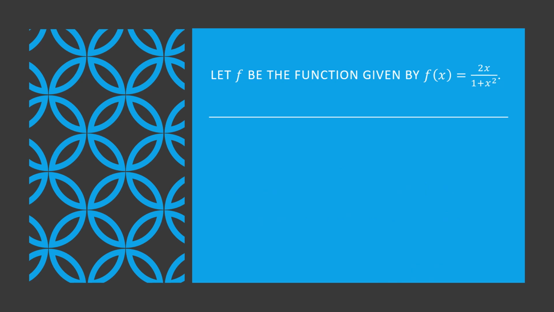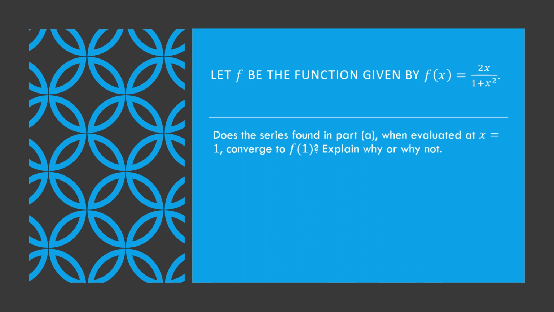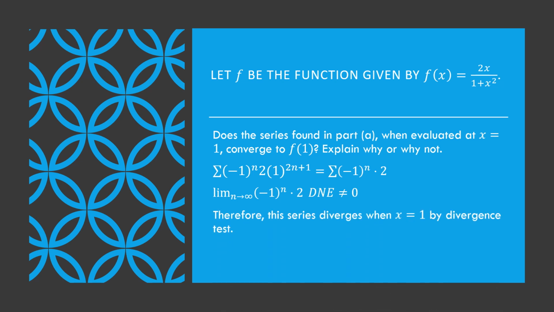All right, the next question says, does the series in part A converge to f of 1 at x equals 1? And so basically I take that series that I got in part A, I replaced the x with the 1, and I simplified it to get negative 1 to the n times 2. So then I did a quick limit on that because I knew the limit did not exist because it's oscillating between negative 2 and 2. And that does not exist, does not equal 0. And so therefore this series diverges when x equals 1 by the divergence test. So for this, I'm just going to get 1 point for the answer, recognizing that it was not going to